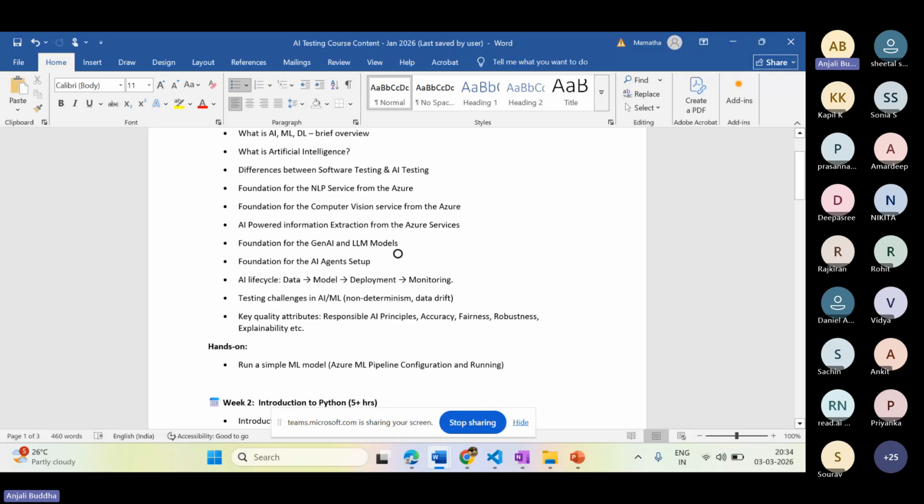Then nowadays you might have seen that we hear a lot about AI agents. These AI agents are built based on LLM models only, and they have been integrated with multiple tools. If I want to explain it in a very clear way, even for those who don't know about it, if you take the LLM, always think of it as a brain. What a brain has is all the knowledge. By using that brain, I want to perform certain actions.